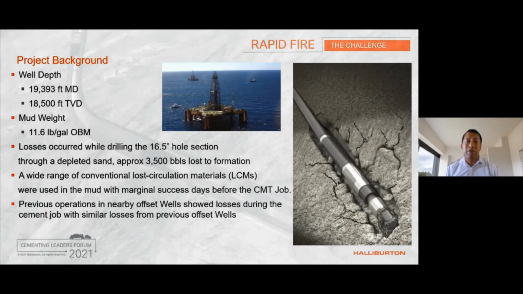The success was marginal though, but the customer decided to proceed to cement with losses. Previous operations with a competitor in nearby offset wells showed around 2,300 barrels losses while drilling down the hole, and then total to severe losses during the cement job, where top cement unfortunately was not achieved. This resulted in more time fixing the issue, pumping an additional liner top-down squeeze job, which meant more money spent by the customer.